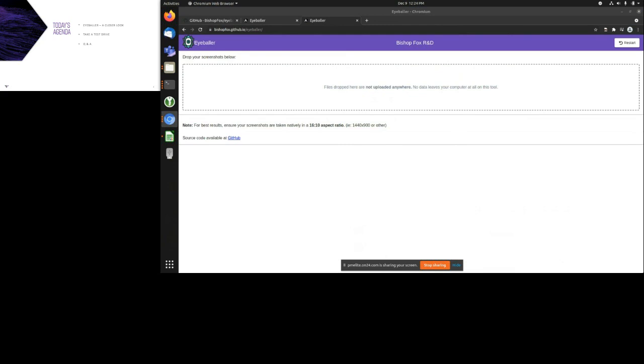So one other question. You mentioned that Eyeballer operates under a neural network. What does the neural network model actually look like, and what are the layers and parameters associated with that? Yeah, that's a question I get a lot.